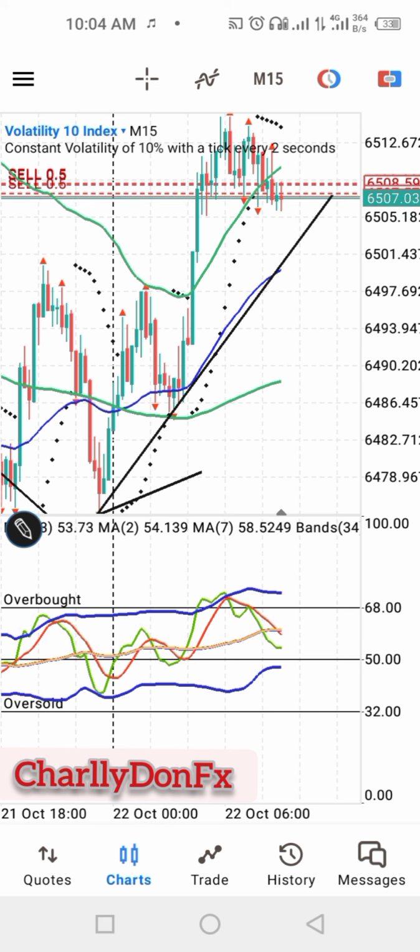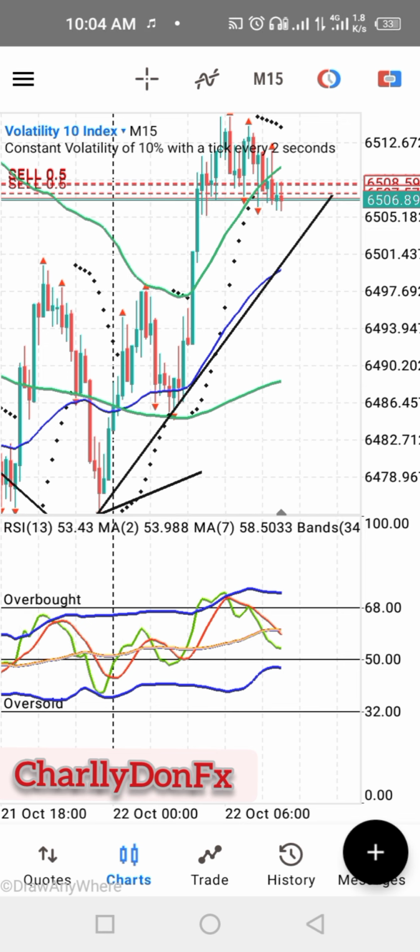So why did I take this trade, guys? First of all, this is how you can spot a buy signal or a sell signal. Now, take a look at the main chart. This is the 15 minutes time frame. Now, take a look. You can see the price was going up. Understand? It kept on going up and